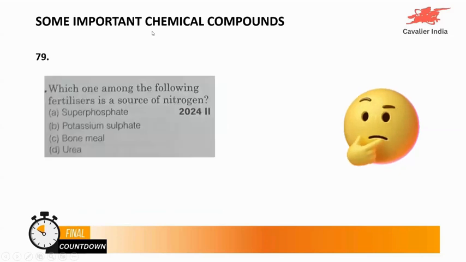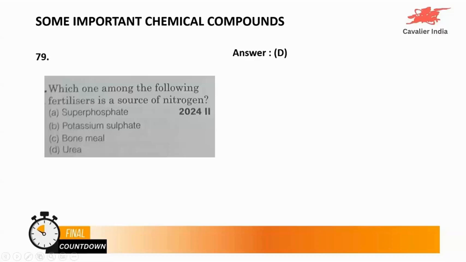Okay. Which one among the following fertilizers is a source of nitrogen? A, superphosphate, B, potassium sulfate, C, bone meal, and D, urea. Yes, very good. Option D is the right answer. That is urea. Urea contains nitrogen. Very good. Okay. So that is the end of the